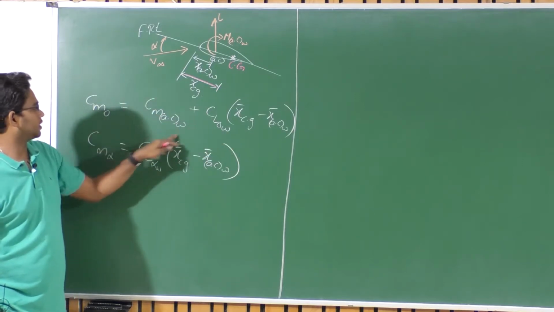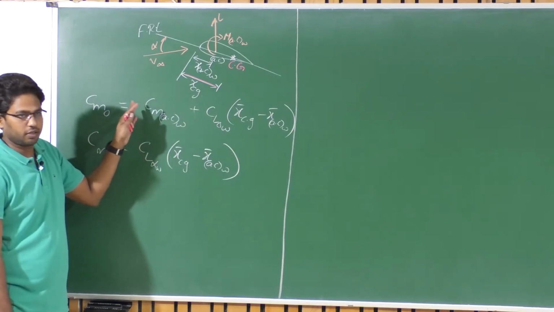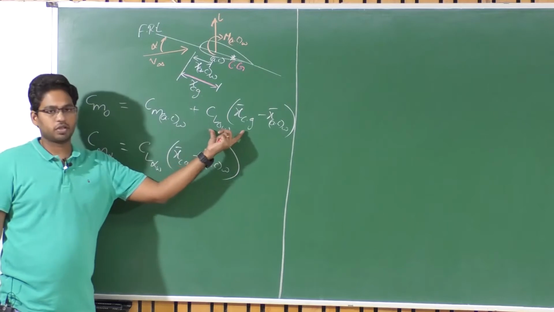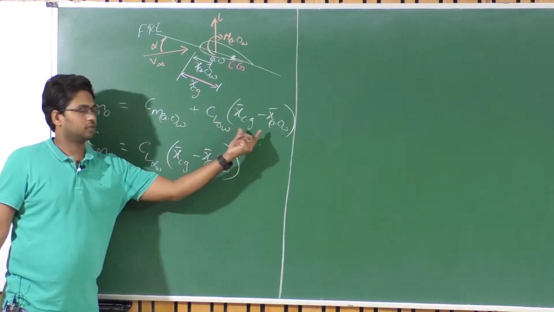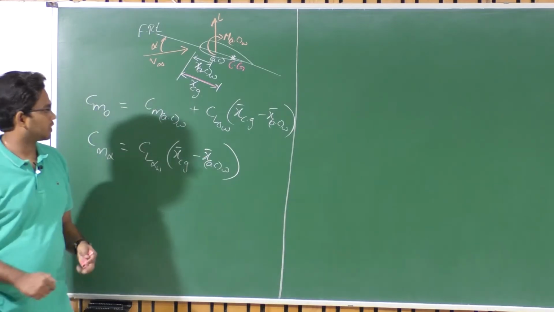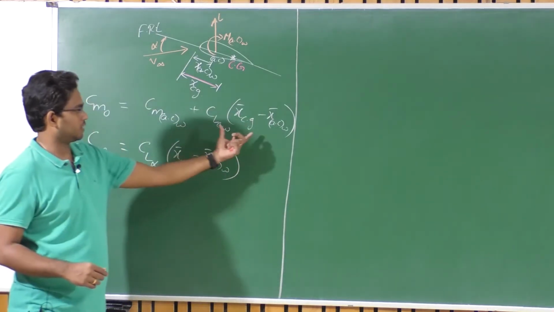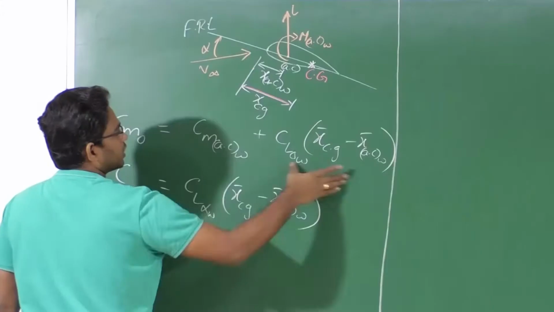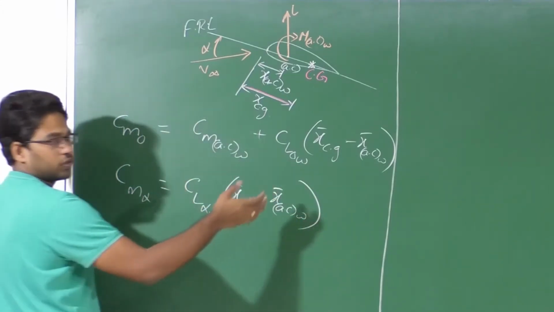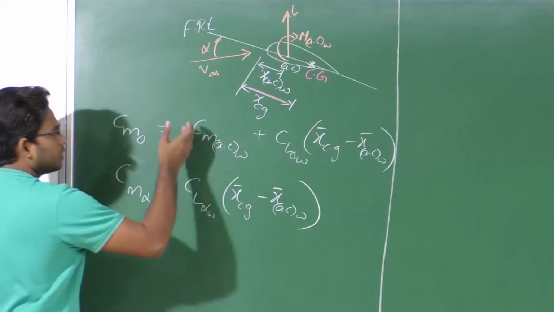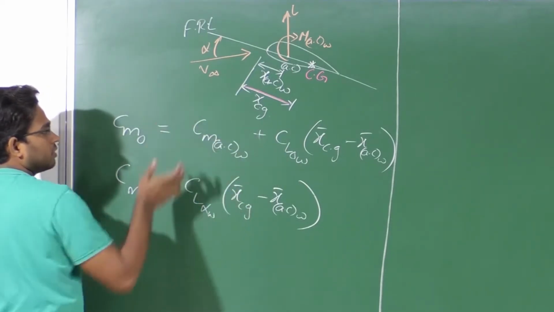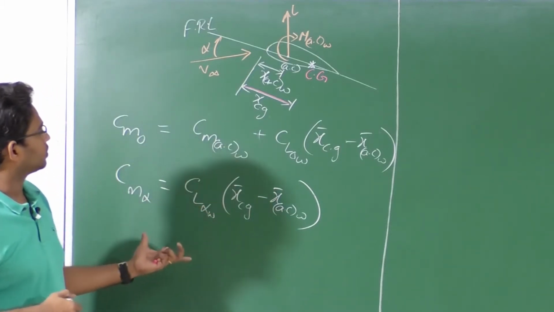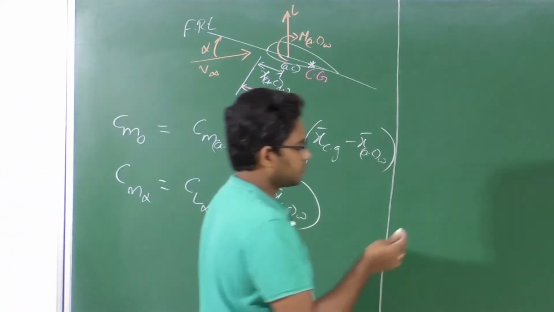So, you need to choose a Cm AC of the wing, if you are dealing with a wing alone configuration, in such a way that this value is high enough to overcome this particular negative value. The difference between these two terms we'll talk about in the coming lectures. In order to overcome this difference and the negative contribution towards the Cm naught, because of the CG lying ahead of the aerodynamic center, you need to choose an aerofoil with a strong, positive Cm AC here. Okay. So, let us now take up a problem.